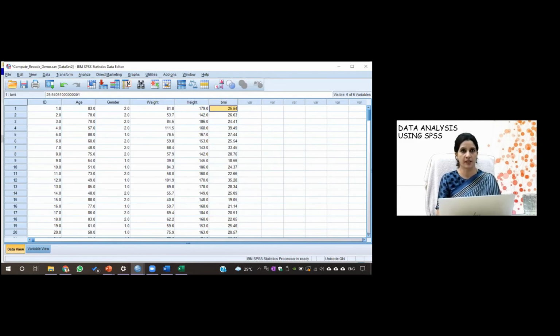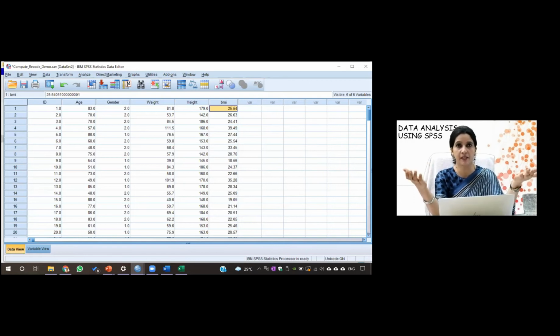The next task which I have to perform is to make a categorical variable out of this continuous one. Remember, we discussed that we have to calculate data in a continuous form, and we may form categories depending on our cutoff. Various cutoffs are there. So if I want to form a category of this BMI, okay, Darshana, you want me to repeat this? Okay. So I will repeat at the end.